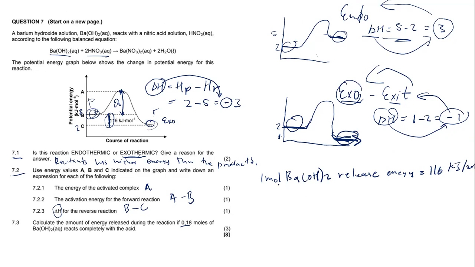So that means if 1 mole can release this, that means 0.18 mole of the very same barium hydroxide can release energy of how much? We're going to say this 116 multiplied by what? By 0.18 mole. So when you punch it on a calculator, this will be the energy that can be released by 0.18 mole of barium hydroxide, which is on my calculator 116 multiplied